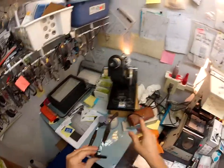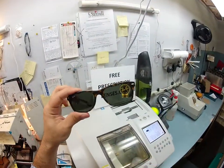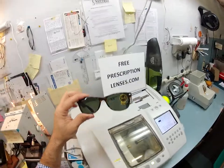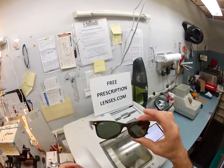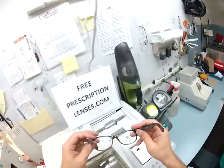So let me pull these off. This is your original heavy glass lenses with the crooked G15 sticker, which is almost always crooked. But the first thing I'm going to do, I've got to cover a lot of ground because I want to show you your lenses activating. I'm going to take out the heavy glass lenses and I'm going to cut